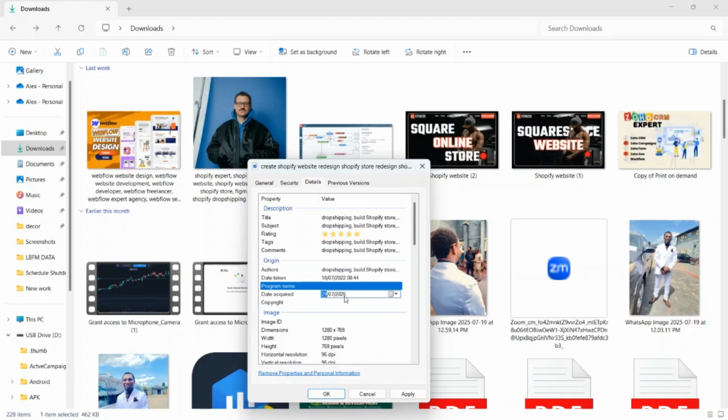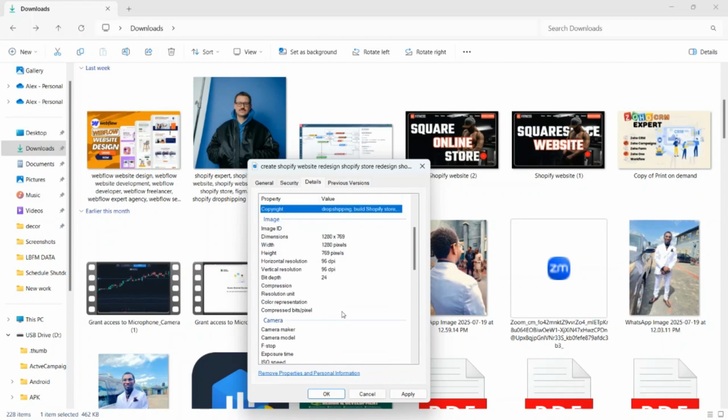Date acquired is not there, you don't need it. Date acquired can be 2025. Then copyright, Control V. Scroll down, camera maker, Control V. Camera model, Control V. Scroll down,